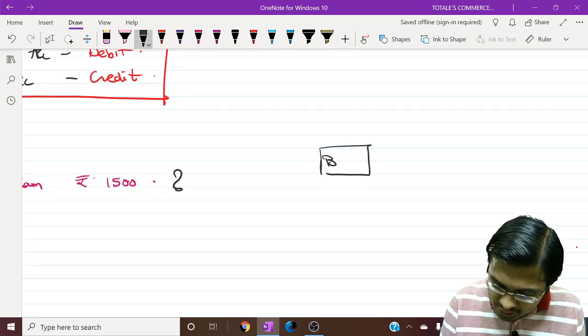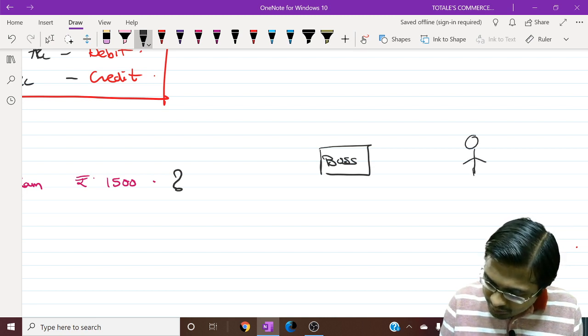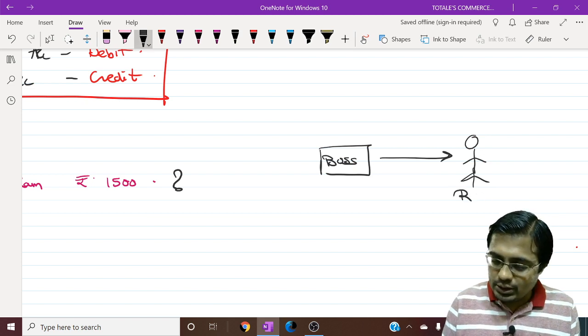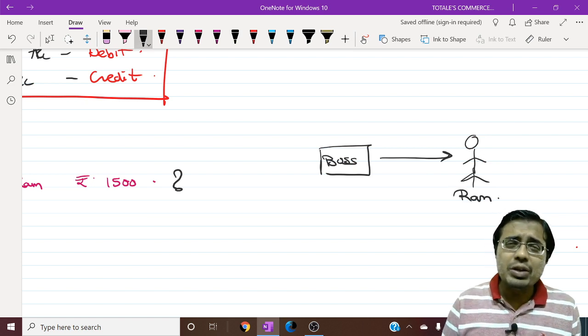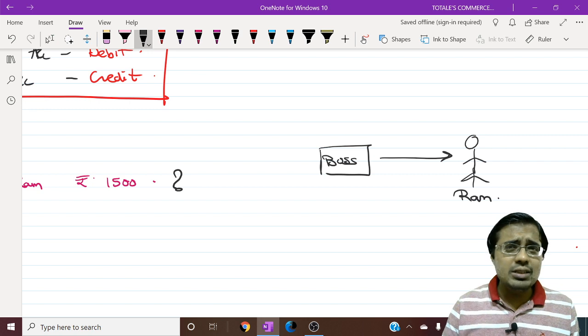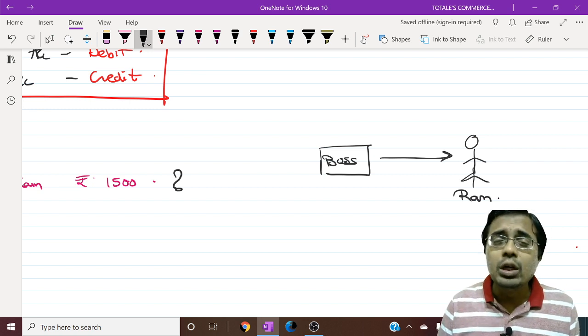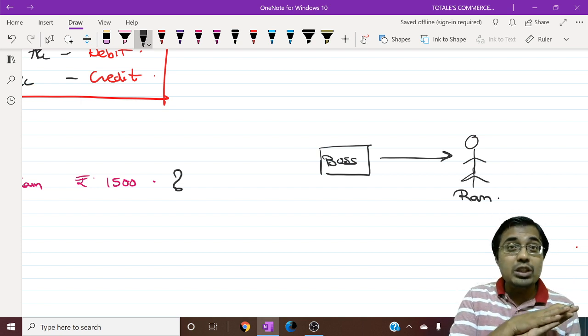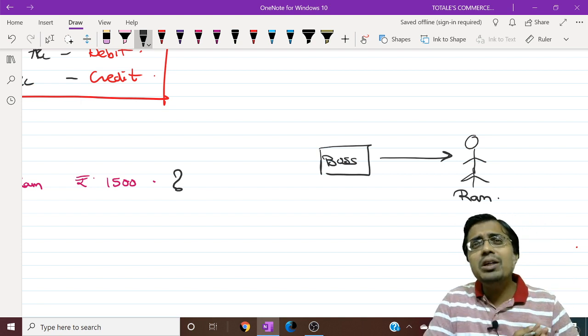See, this is our business and we are paying Mr. Ram. Who is Mr. Ram? Why are we paying to him? We cannot pay anyone out of just a whim to pay. Like, "No, yaar, chalo, I want to pay this person. This is a good friend of mine." No, we are not. So why are we paying? Is this rent? Is this salary? Is this commission? Is this interest? No, nothing has been told. Then why are we paying some person? There is no reason to pay. Obviously, there has to be a reason to pay.